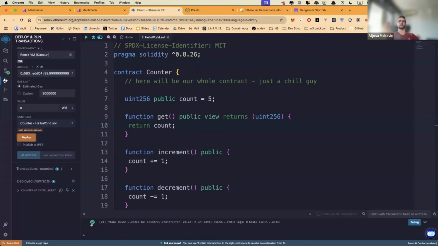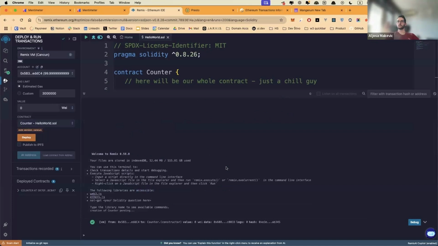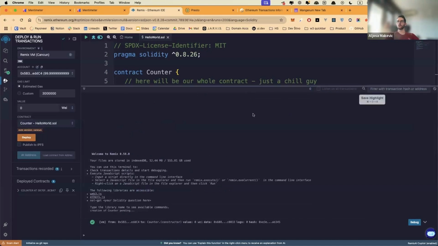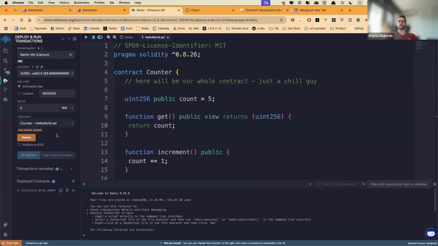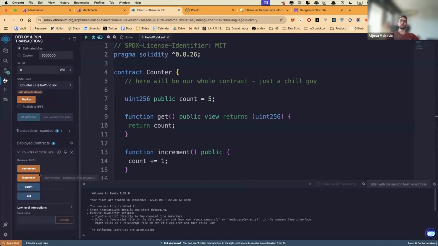It's been executed successfully. You can see on the bottom you have this terminal. Just throw this down. Okay. And if you expand this view below deployed contracts, you can now see all the functions and the variables that we made through the contract.